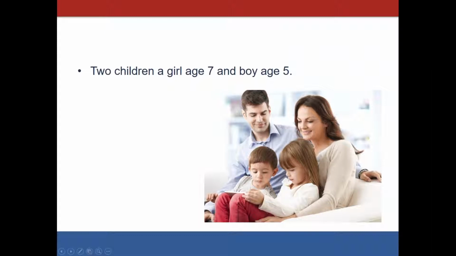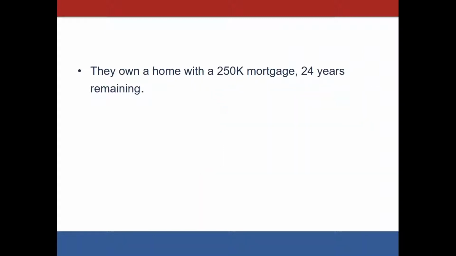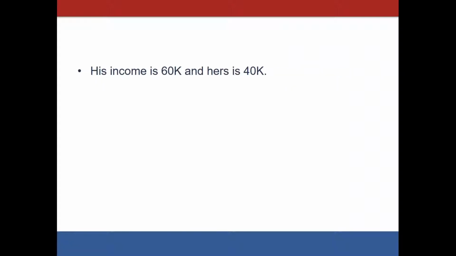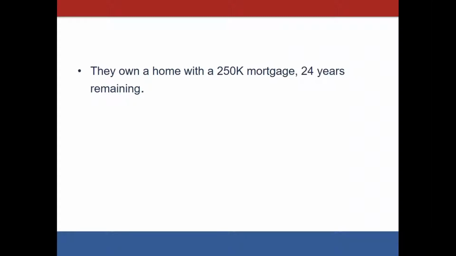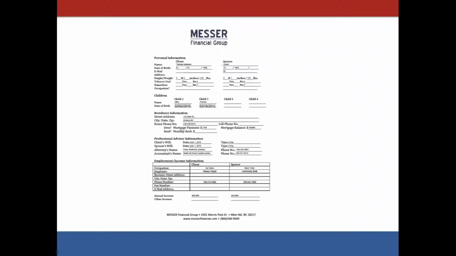So again, we've got pretty much basically a good healthy couple and a couple of healthy kids. They own a home. You've discovered this, and we're going to look at that form in just a moment. They've got a balance on their mortgage. They've got about 24 years left. We've discovered that he has an income of $60,000 and that she has an income of $40,000. So again, with that information in mind,